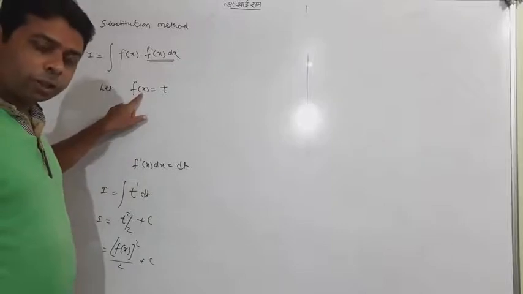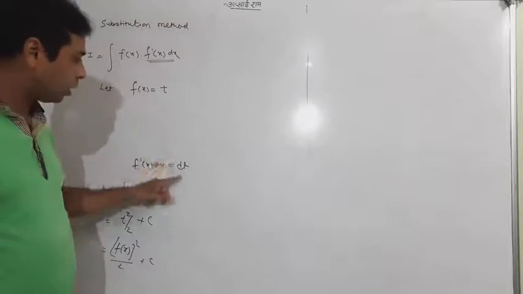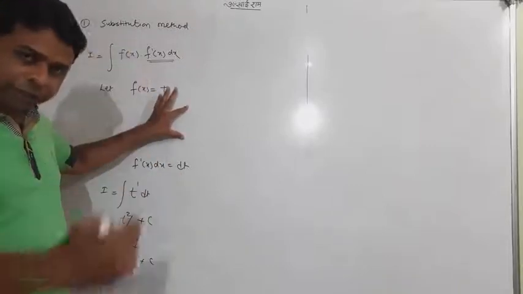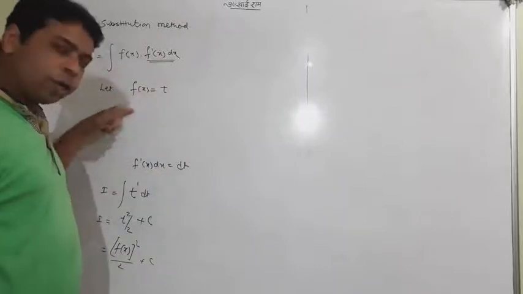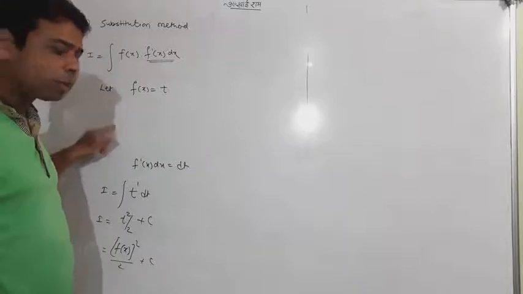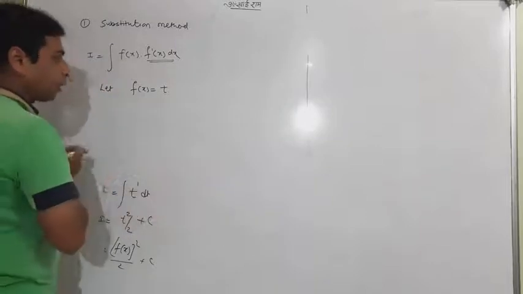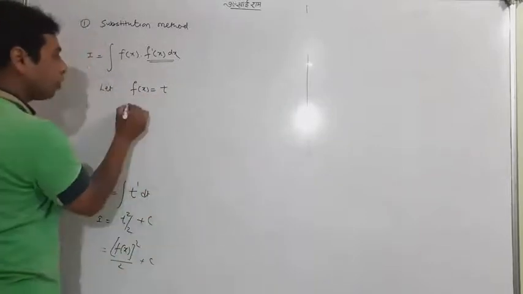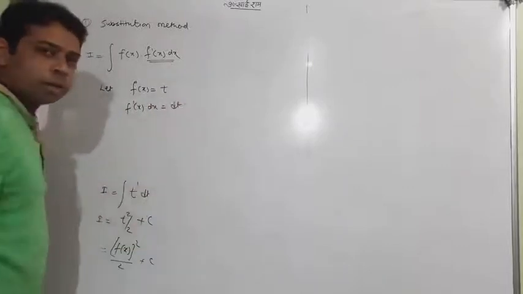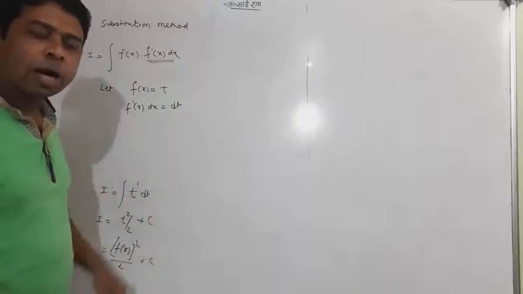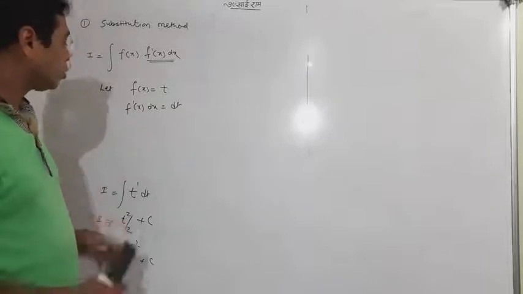Now students, you only consider f of x equal to t and write directly this term. It will just become a habit. You just do the differentiation of f of x, you will get f dash x. Write dx along with that, equal to dt. These two terms are actually the connection from the earlier term, but I want to ignore or avoid them, and without writing them you write this directly, and this is an acceptable method. So from now onward, remember that whenever you assume f of x equal to t, you do the differentiation, f dash x will come, write dx along with that, and that equals dt. That only came from the concept, but I just ignored those two terms and directly reached this point. Okay, so keep remembering.